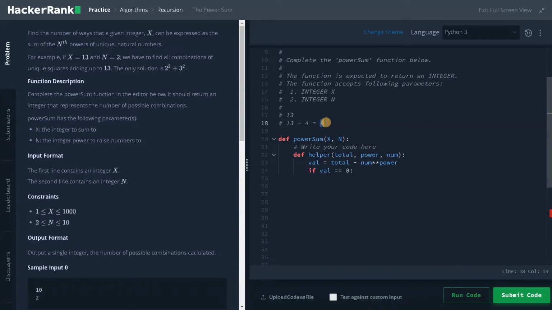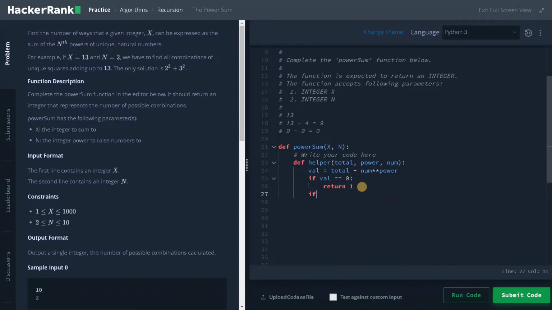This is the current total. In the next recursive call, we have 3 power 2. So 9 minus 3 power 2, which is 9, equals 0. That means we have a combination that equals this x. Then we will return 1. It means we got one combination.